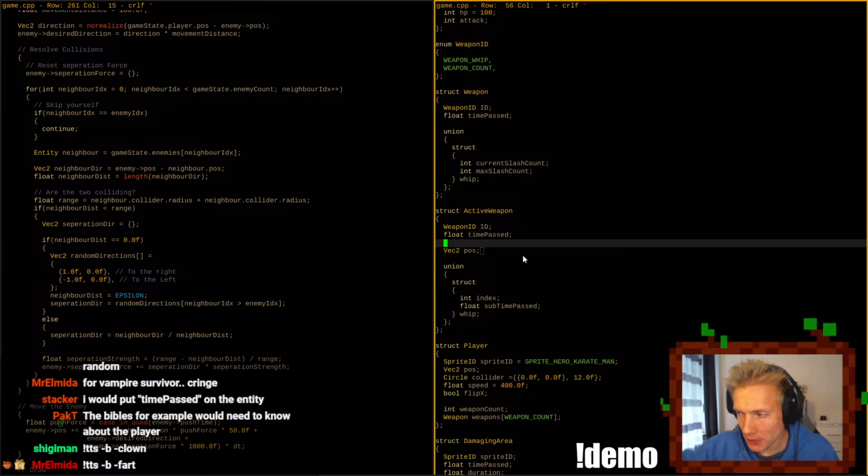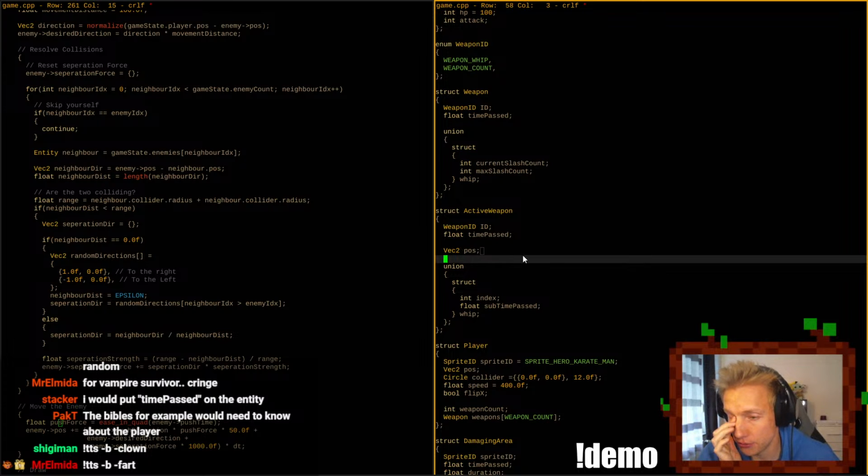Global ID? Well, if we want to do hot code reloading tomorrow, we need to add the player back in. By the way, we will do hot code reloading tomorrow, guys, for at least the game. I want the game to be able to do hot code reloading. So that's going to be interesting, to say the least. And by the way, does anyone, GCAP, do you actually have time to do this tomorrow?